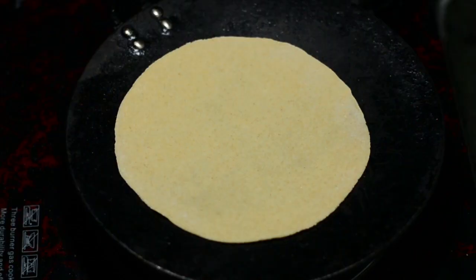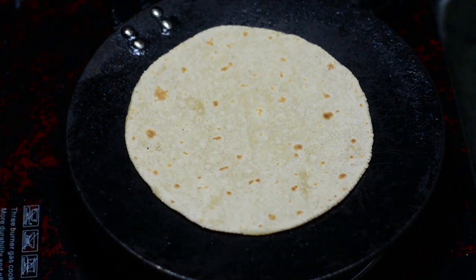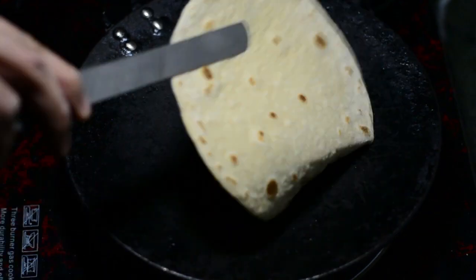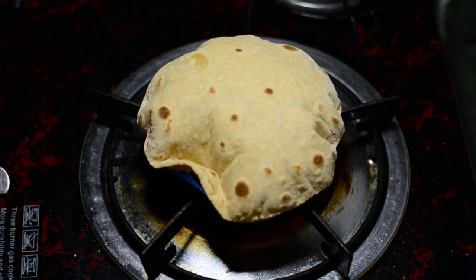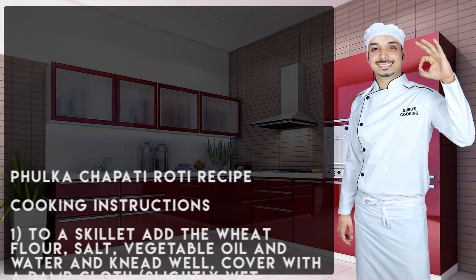So the pan should be hot, only then you add this, and cook this at a low flame for 50 seconds on one side, and then twist it over onto the other side by flipping it up. Now once again you will cook this at a low flame for 50 seconds. After 50 seconds you will observe small droplet sized bubbles erupting. When they do, put it directly on the flame like I am doing at a low flame, and it will blow up like heaven. Time to take it off, serve it with some side dish, and enjoy it with your